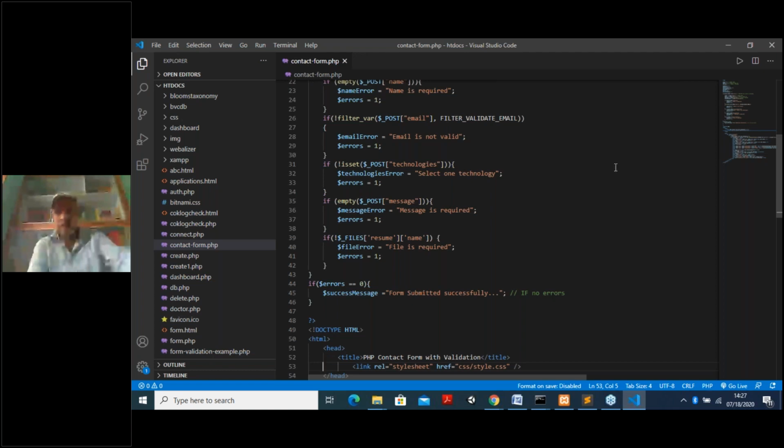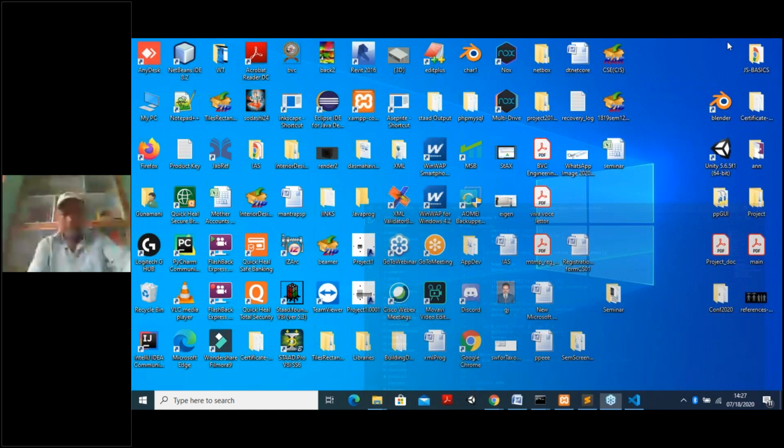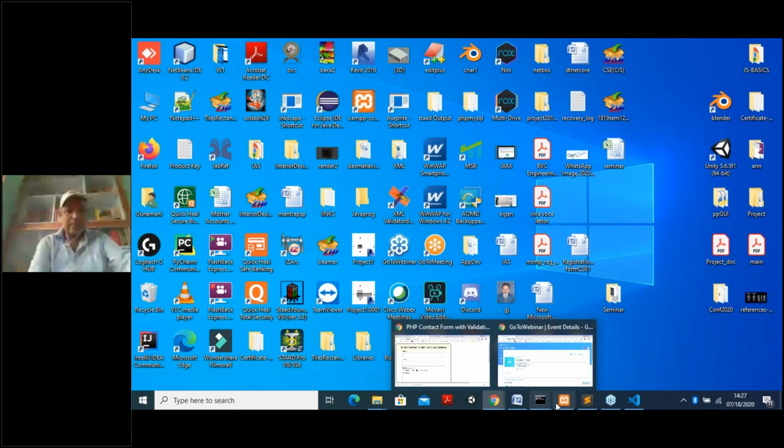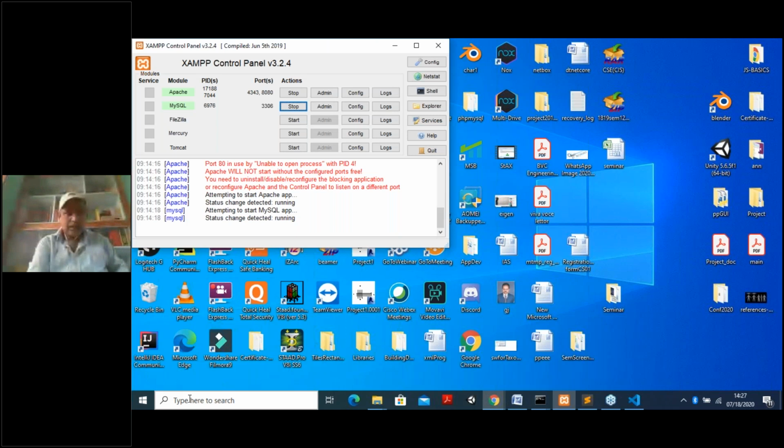So now we take this, the contact form.php. We take 1 minute back to show the output, then we'll go for the other part. Now I told you that before running this XAMPP server, you have to check the XAMPP control panel. You can directly type XAMPP control panel here. So this will appear, and you have to start the Apache. If it is only PHP, Apache is enough; if you want both PHP and MySQL, you have to start both. Apache is for PHP, and MySQL is for MySQL.